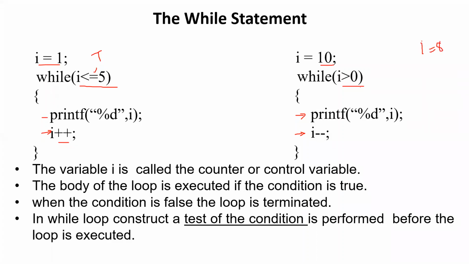When I equal to 8, whether the condition will be true or false? I equal to 8. False. When I equal to 8, I is greater than 0. Given I value is 8, whether it is greater than 0. True, no? When it is 8, I is greater than 0, right? Then it is true or false? True.